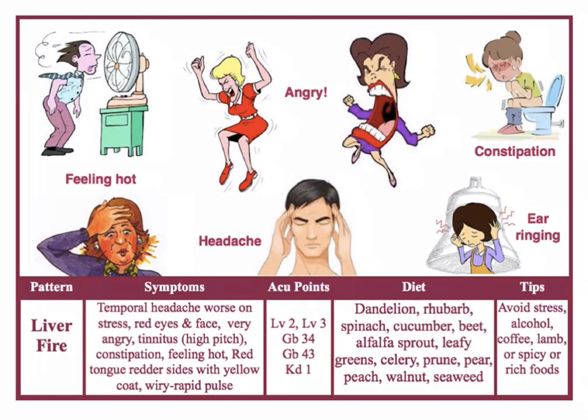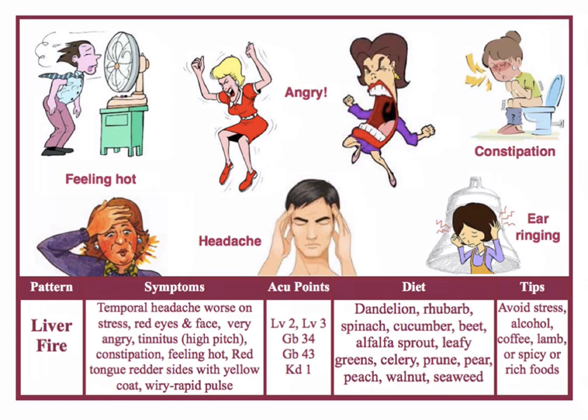The next one that's pretty common too, and I have a lot of patients that come in with liver fire. So we'll look later on at the difference between liver qi stagnation, liver yang rising, and liver fire. And then I will show you the pattern differentiation. But at this time, let's just look at liver fire itself. So when there is liver fire, there are fire symptoms. The fire symptoms are going to be the red tongue with redder sides, so that's heat, right? But with a yellow coat, so that's excess heat. If there are on top of it strawberry prickles, that means the fire is very, very big, meaning it's been there for a long time kind of thing.